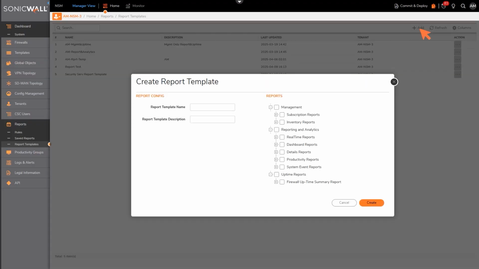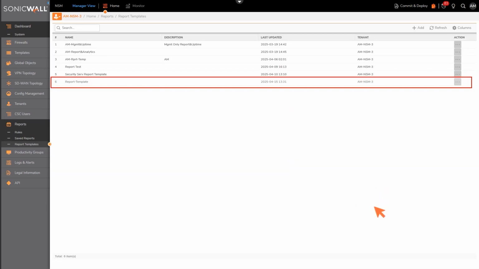All the report types are made available for you. We may select options for management reports, or select the reporting and analytics categories available. Name the template and select required reports. For this demo, I have selected productivity reports and a few more. Then click Create. Now that we have the report template ready, let's navigate to Report Rules to start using it